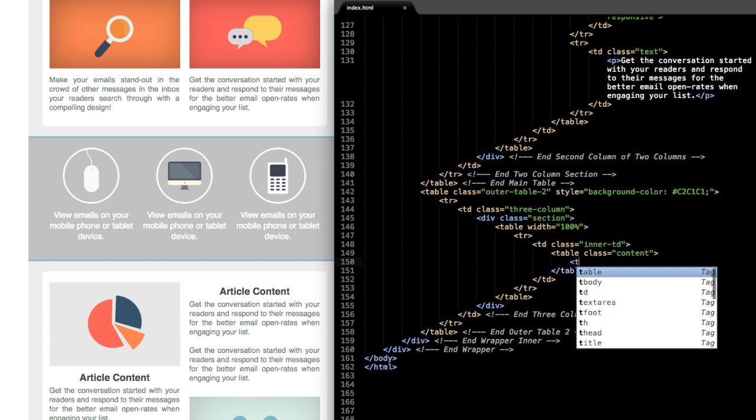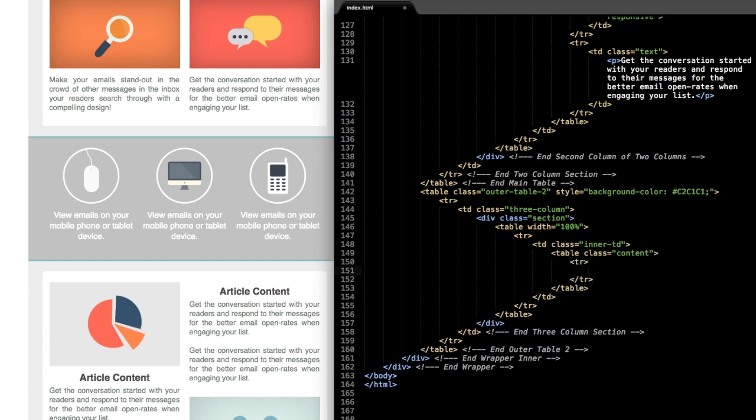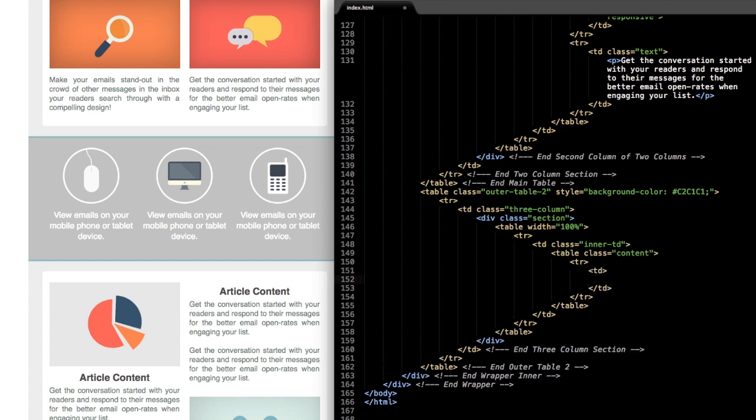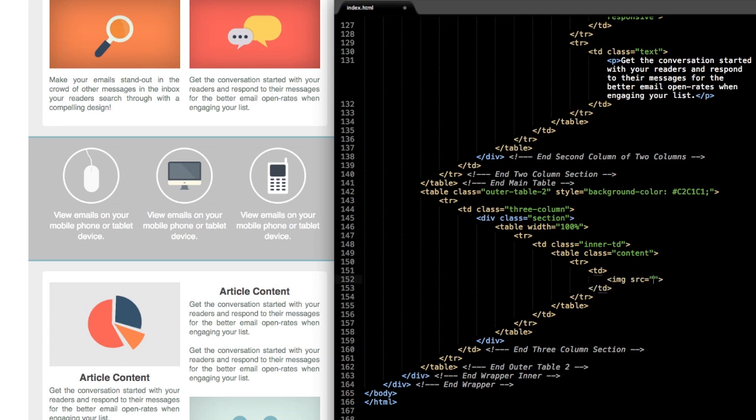So write tr, and then td, and then we'll have our image starting with the mouse image that we're seeing off to the left. So image source